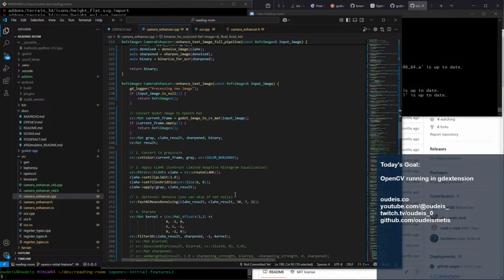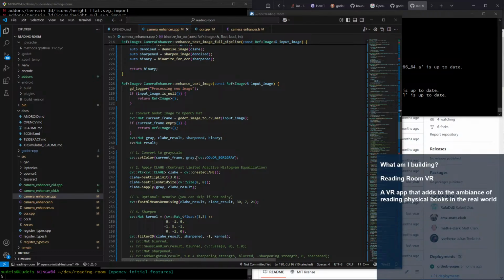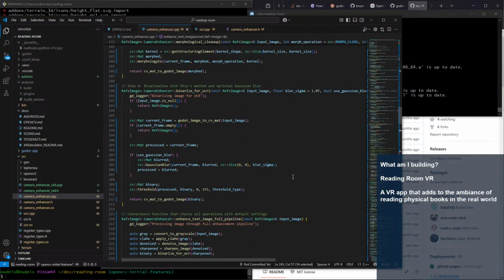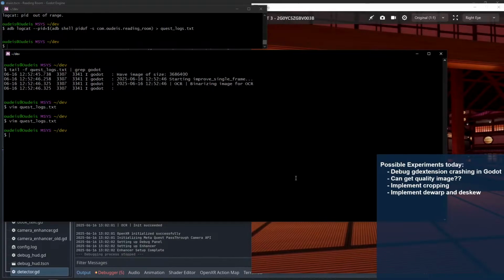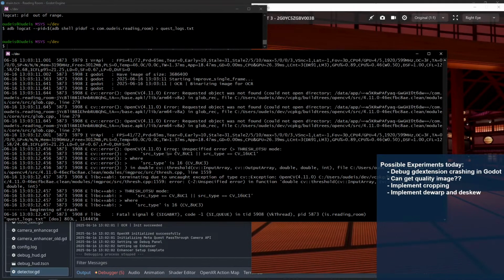Yeah, so did we have to grayscale it? Ooh, I wonder if it has to be grayscaled. It might have to be. That error looks suspicious in that this is saying